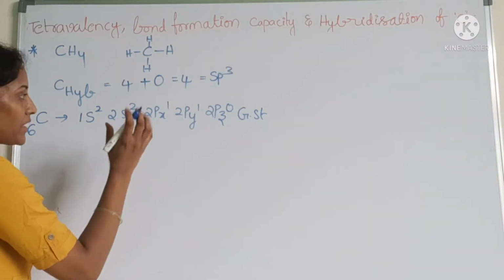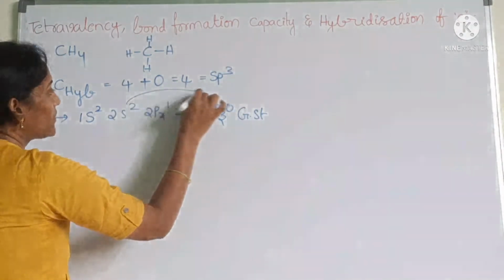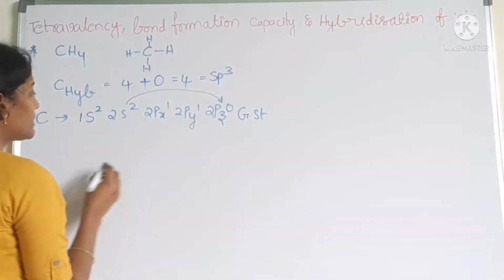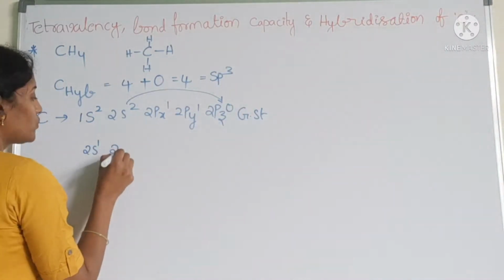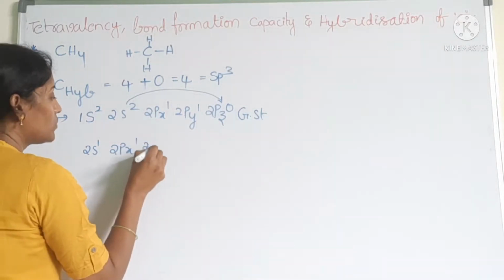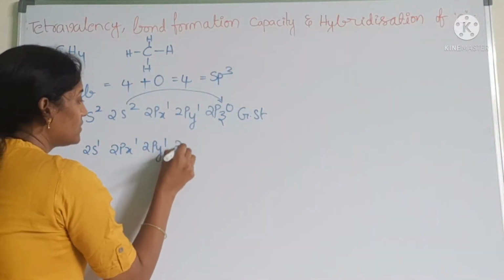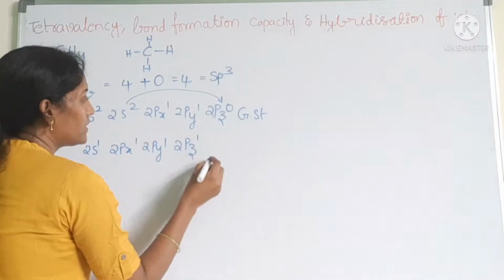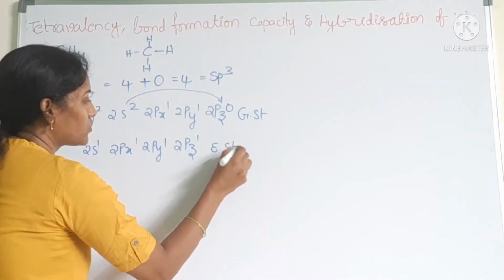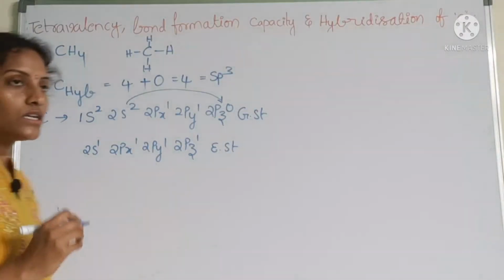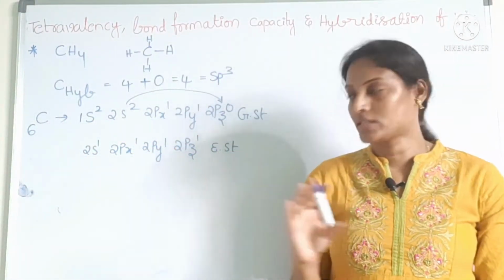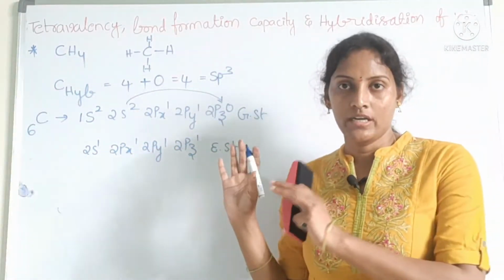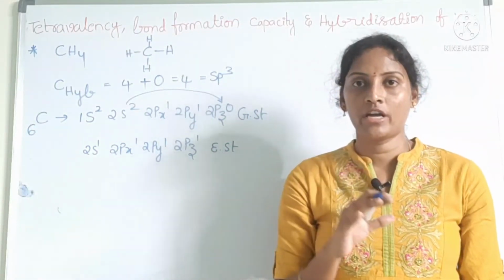If you supply some energy, then this 2s electron will go to the 2pz0. So 2s1, 2px1, 2py1, 2pz1 is the excited state electronic configuration. See, now 4 single unpaired electrons are present in the carbon atom. Those are available for